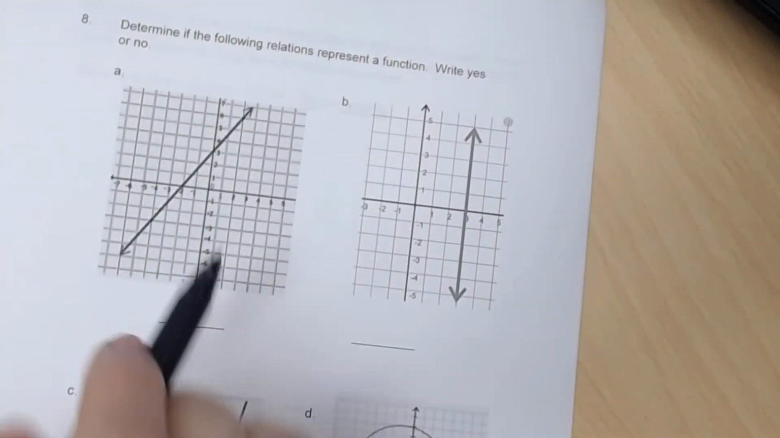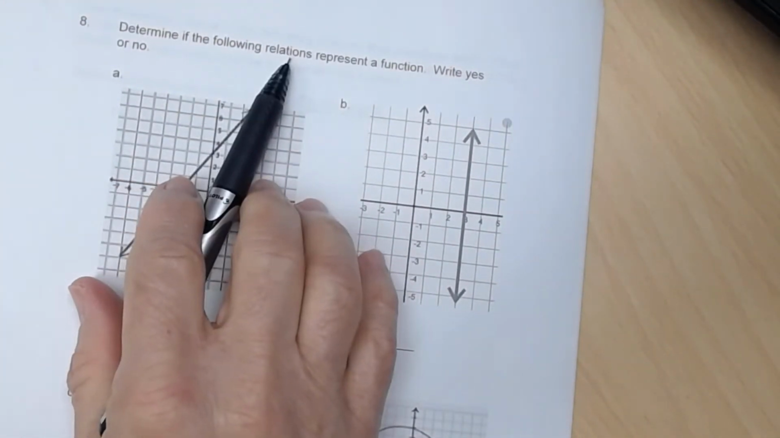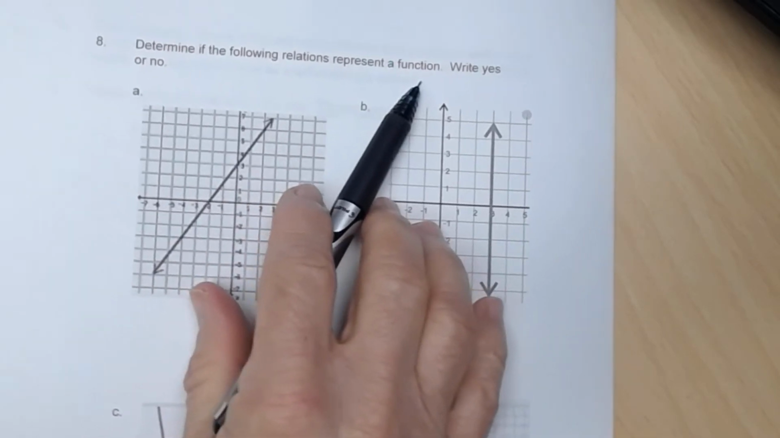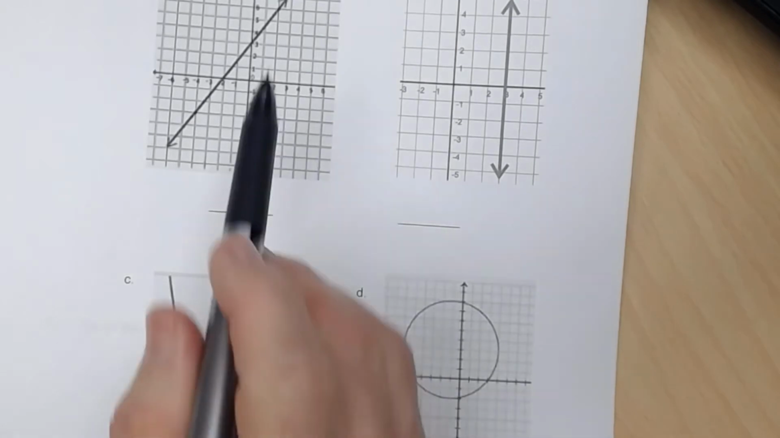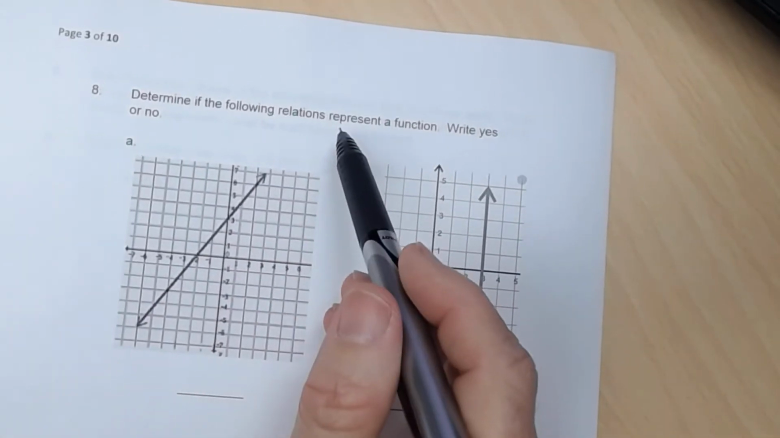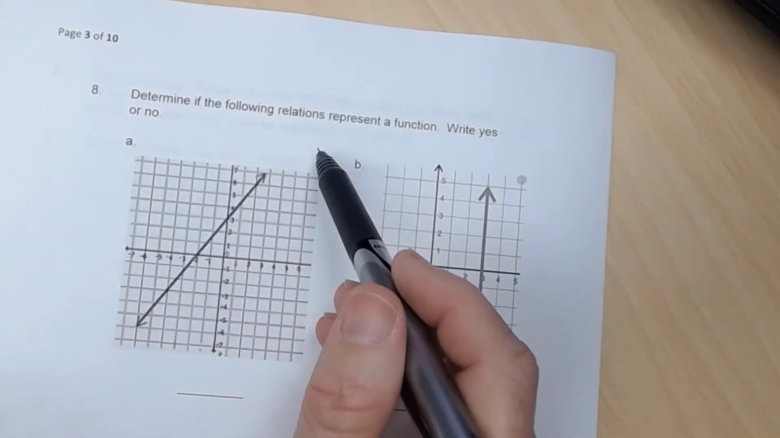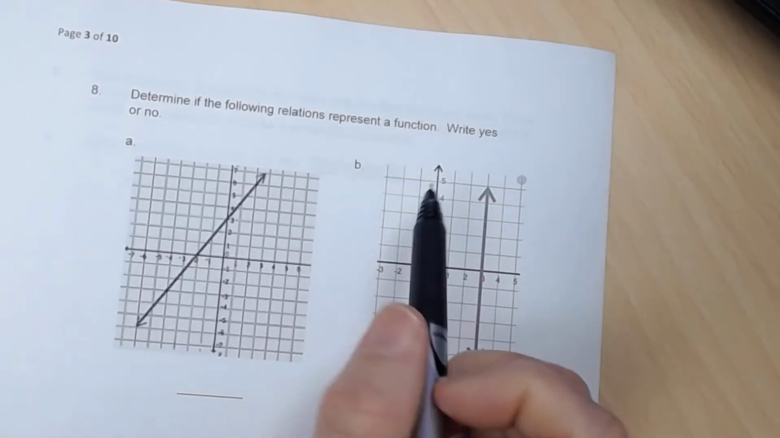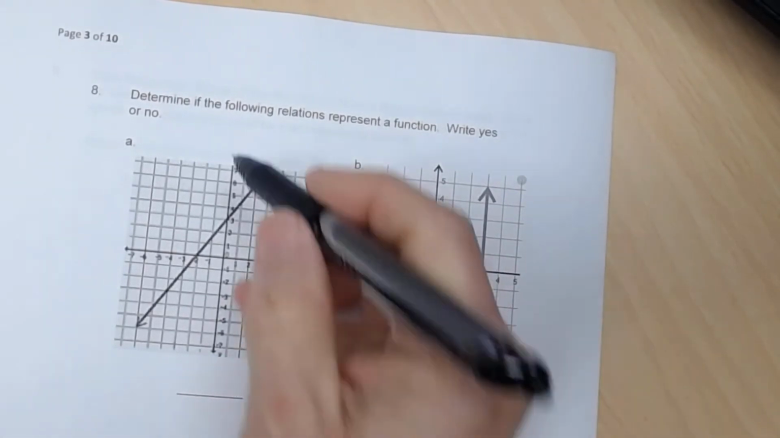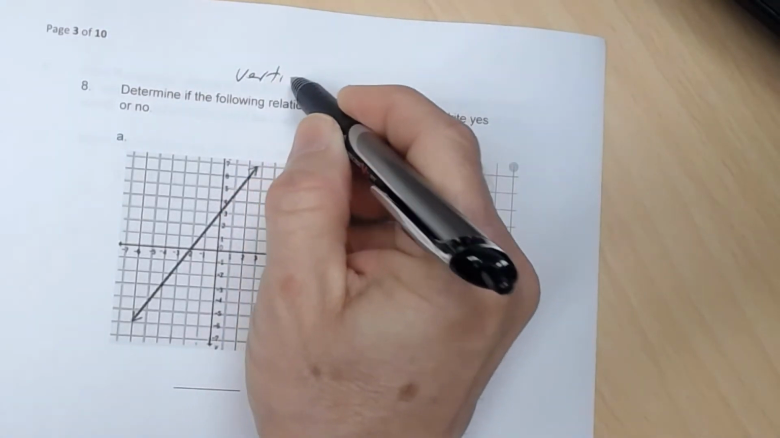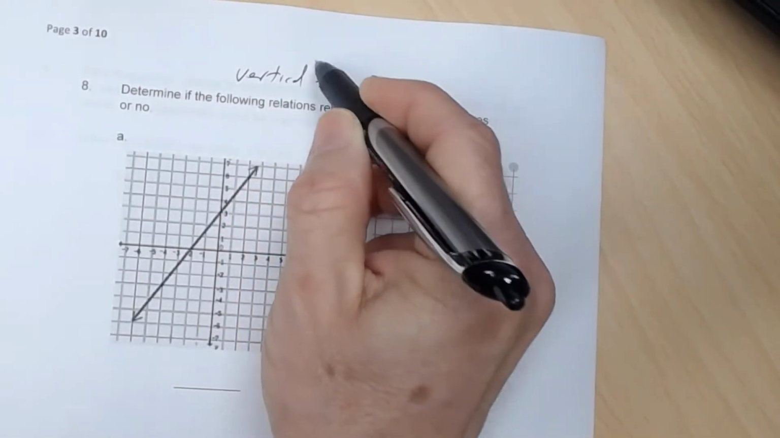All right, number 8, you want to determine if the following relations represents a function, and write yes or no. So remember, the definition of a function is that for each x coordinate, there's one y coordinate associated with it. And so when the graph is given a relation, we use, remember, the vertical line test to determine that. Vertical line